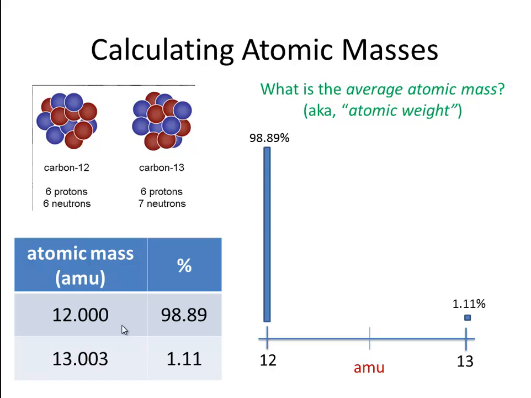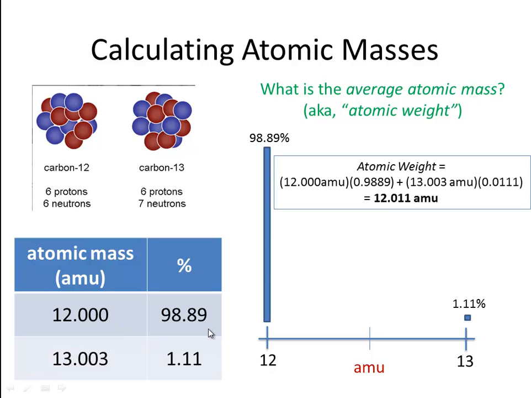Okay, so what is the average atomic mass or the atomic weight? Hopefully you set up your calculation like this. So you have the mass, 12 AMU, times the fraction of the sample that has that mass, which is, when you convert this percentage to a decimal form, 0.9889,